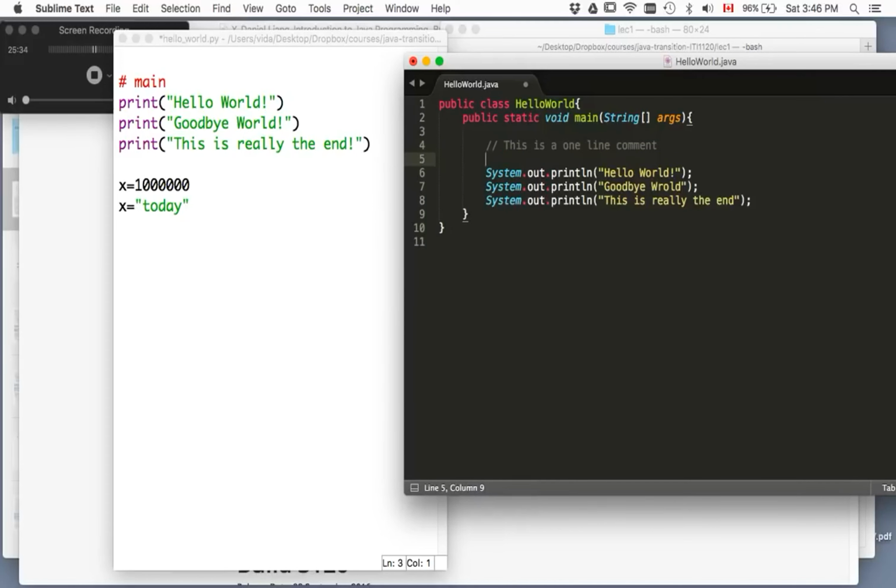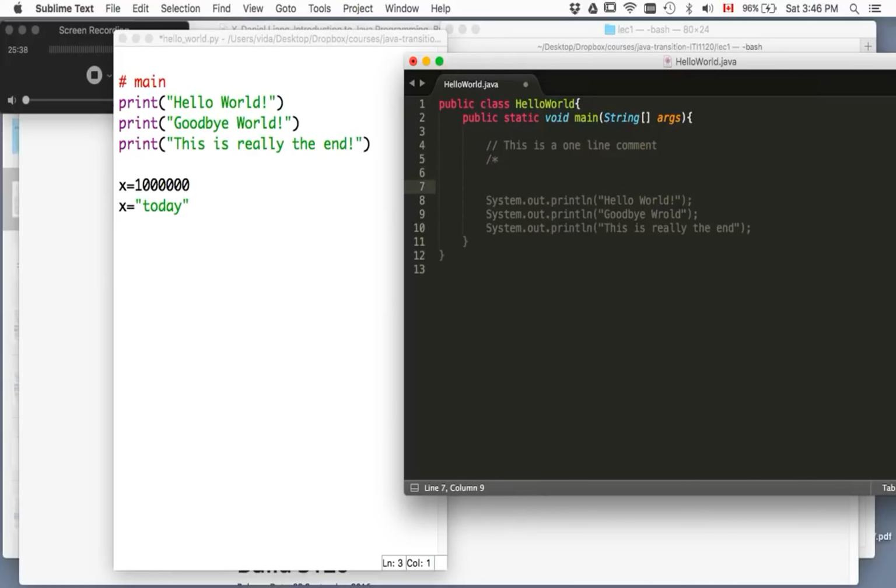If you want your comment to span more than one line, then you use this. In between here you can write something like this. This is a